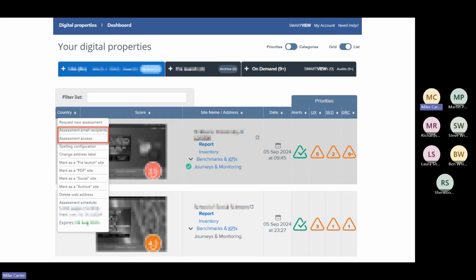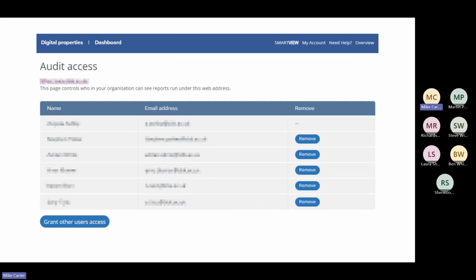But how do you find out who has access to what? Well, in the little cog, which is just behind the dialog there, you all know there's a little cog in the top left against each of the sites in your digital properties. You click on there and it gives you a whole load of options, two of which you might have noticed, which is assessment email recipients and assessment access. And what I'm going to talk about now is assessment access, because it's actually how you find out who has access to what. So when you click on that, you get a screen that looks an awful lot like this,